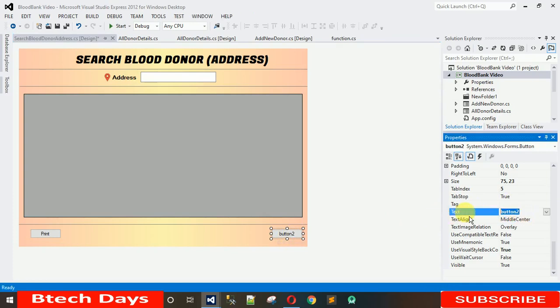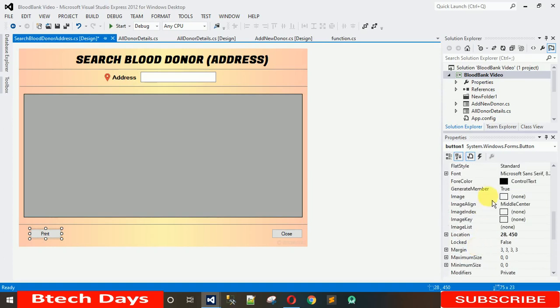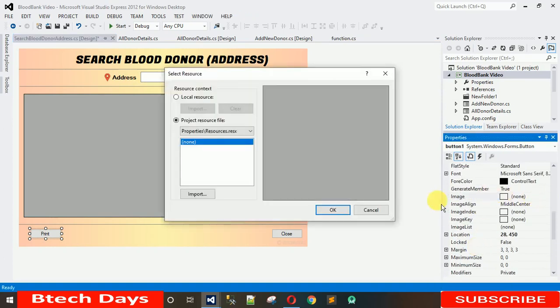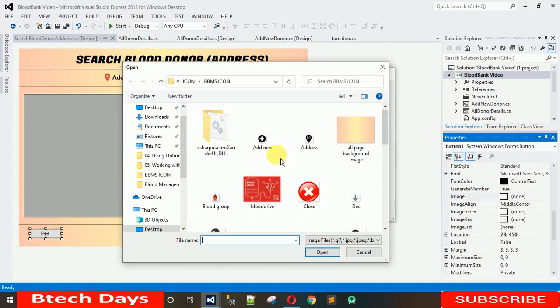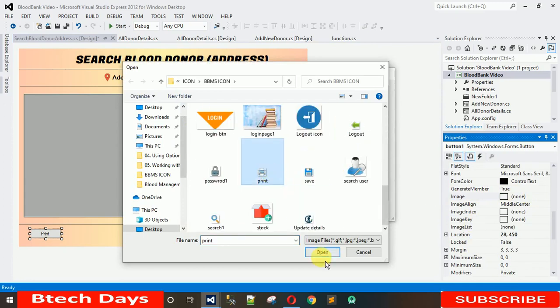So just type close and hit enter. After this what we have to do is set icons into this. So I'm going to set the image. Here you can see this image. Just click on local resources, import, and in this you have to search for this one, print, and open